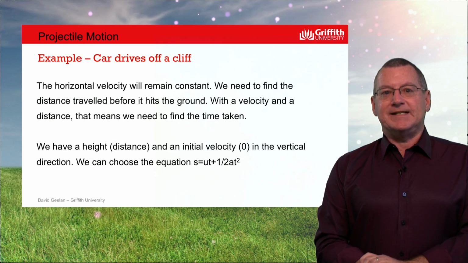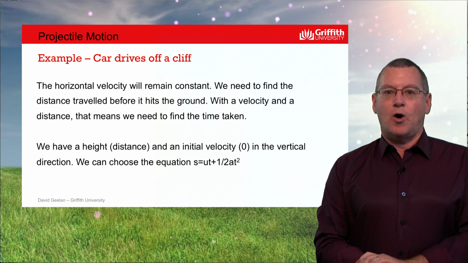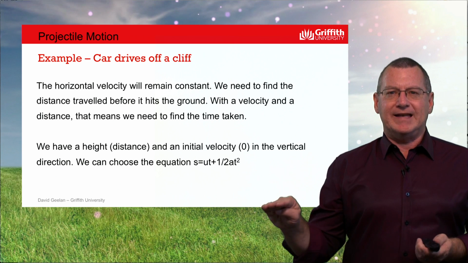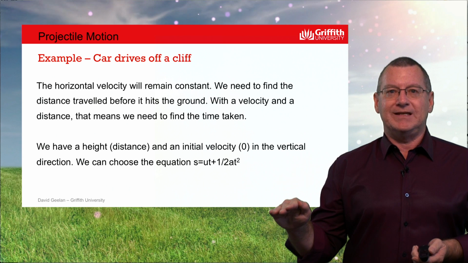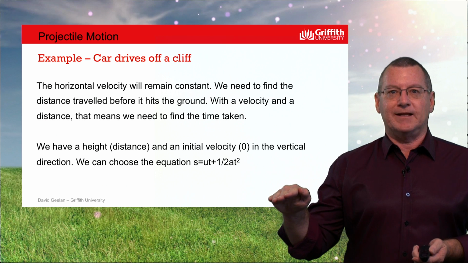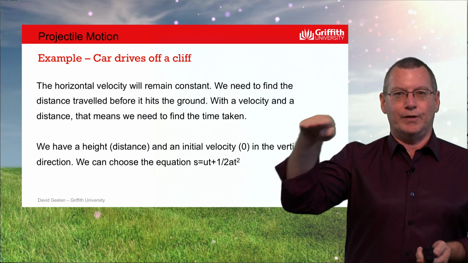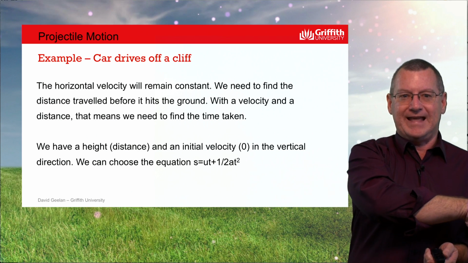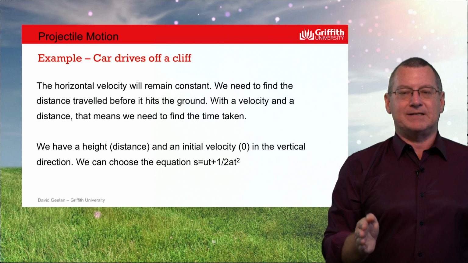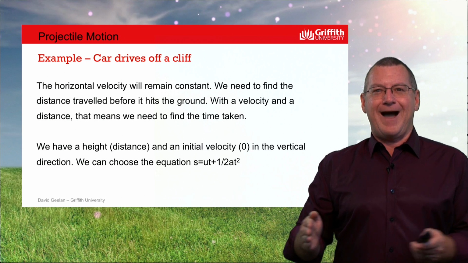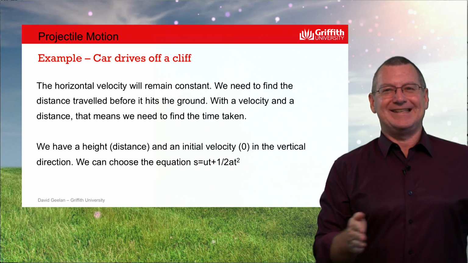The horizontal velocity is going to stay the same, 16.7 for the whole time. So we want to know, okay, it's going to travel at 16.7 continuously from when it goes off the cliff until it hits the ground. So it's going to do a curve like that and hit the ground at the end. We want to know how far from the base,